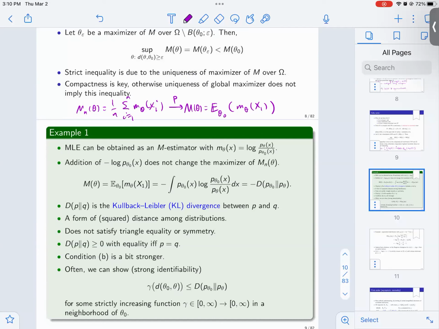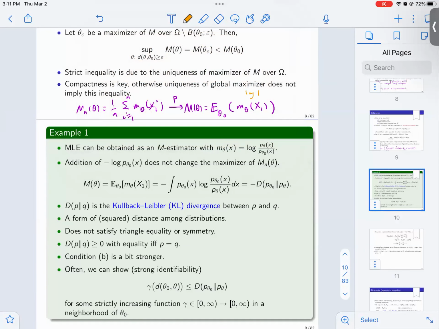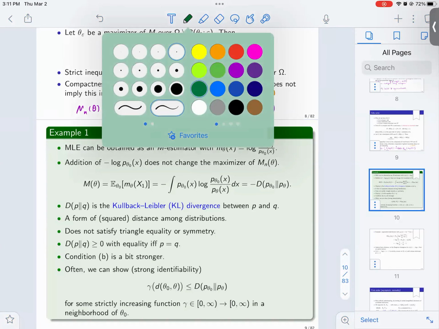Let's see what this looks like for the MLE, for example. For the MLE, this is going to be the log likelihood. If I want to study the maximizer of this over theta, I can equivalently look at this quantity, which is the same thing, but I'm subtracting